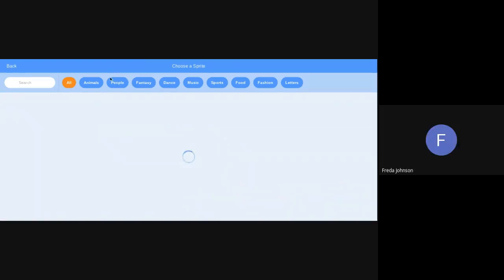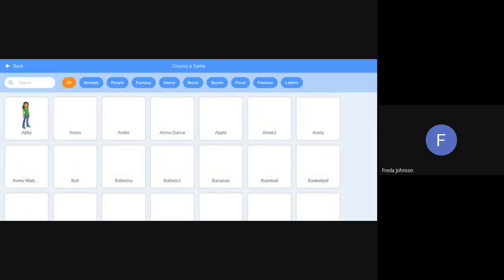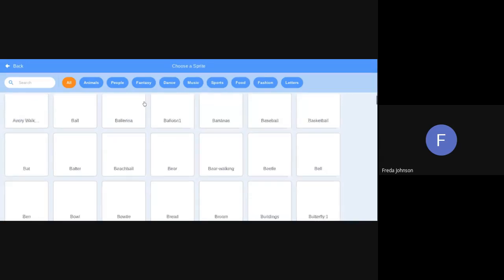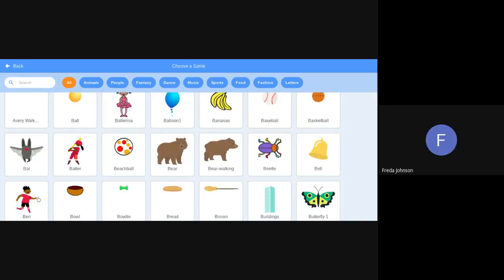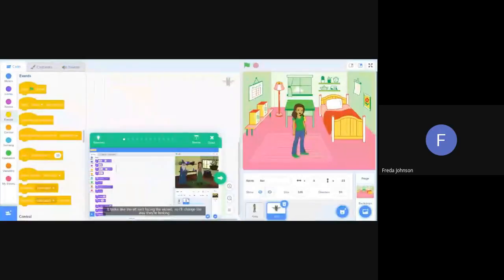It's depending on what you choose. I'm waiting on it to pop up. Now, are you on the internet with your cell phone or internet? I'm on the internet. Okay. You chose a bat. Okay. Now, you know you can move that bat over, like right here. It's up to you. It's your story.